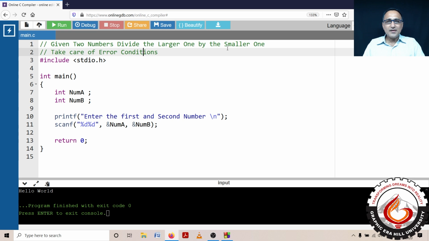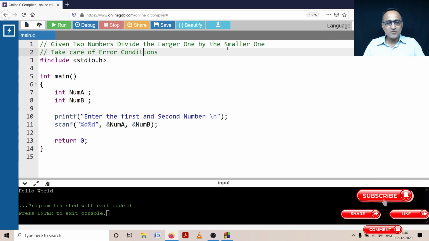To get a clear understanding of this problem and the logic, in the description section of this video there is a link to the algorithm where everything about this problem is discussed in detail. So here we're not going to discuss too much about the details. We're just going to see how we're going to approach solving this particular problem.